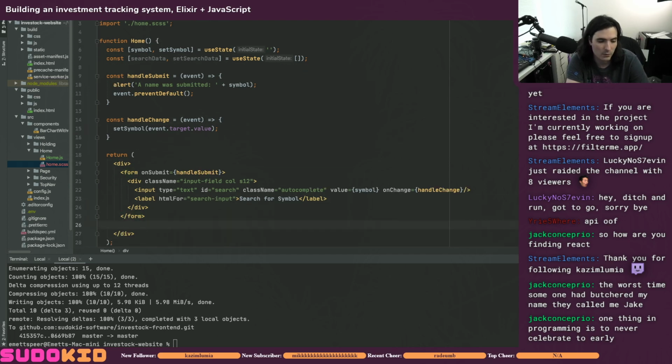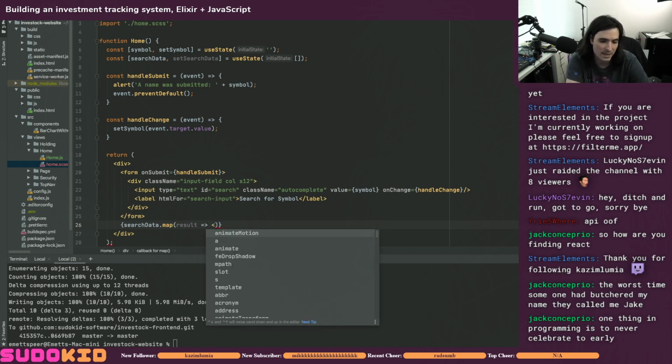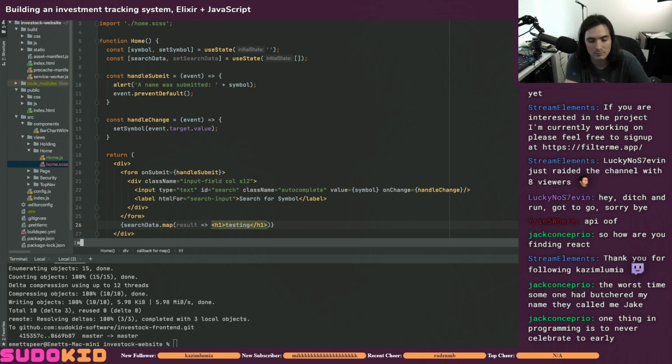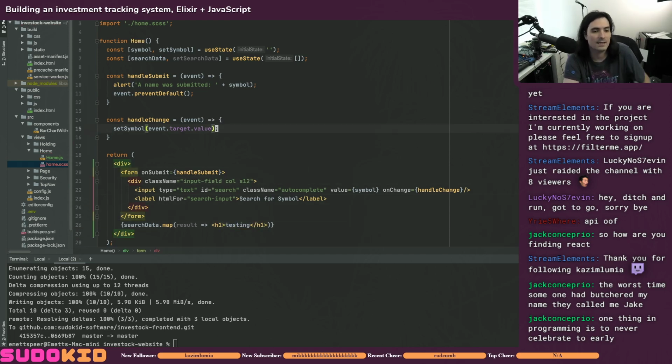And then here we'll do this, and this will be search data.map, and then this would be result, and then this would go into this. Actually, no, this can just be like H1 testing, right? And then